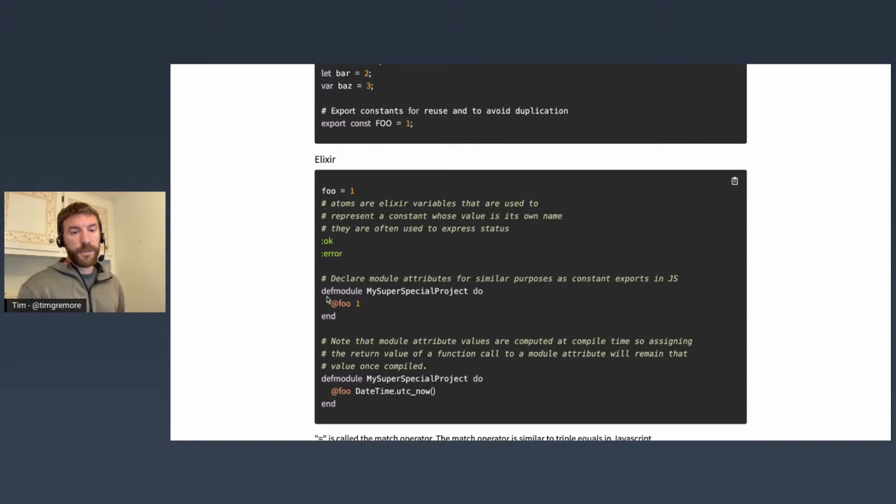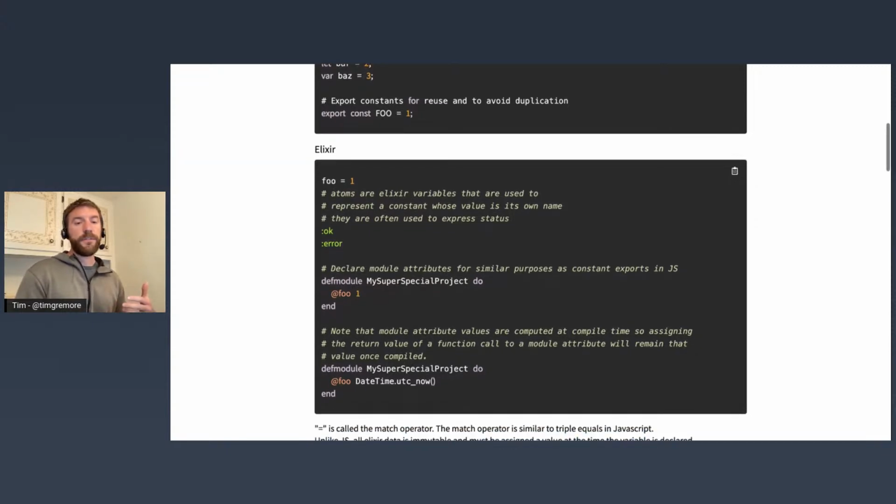This next piece here is showing us how we would declare a module attribute. So first, we've got the declaration of a new module named MySuperSpecialProject. And that module has a module attribute named foo with a value of 1. So if we went back up to JavaScript and we saw that we exported a constant named FOO, all uppercase, with a value of 1, we can reuse that. Similar with a module attribute in Elixir, I can declare a module attribute named foo with a value of 1. There's an additional